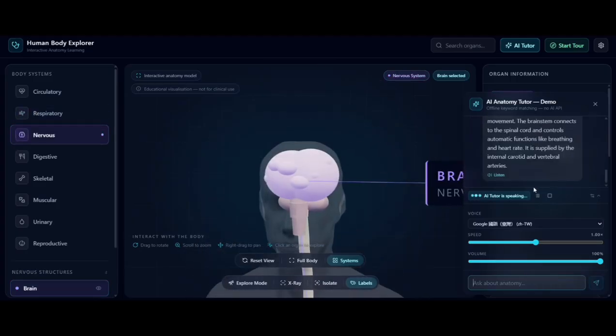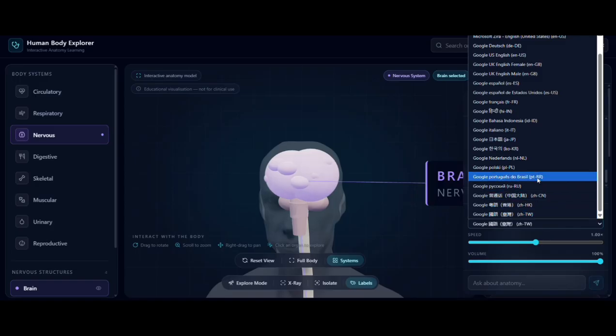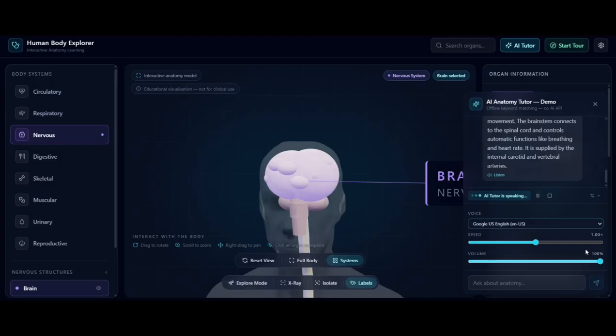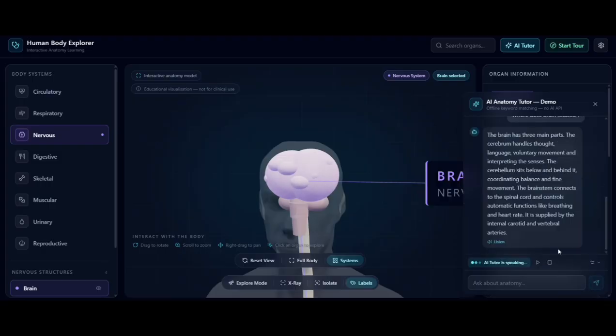The brain has three main parts. The cerebrum handles thought, language, voluntary movement and interpreting the senses. The cerebellum sits below and behind it, coordinating balance and